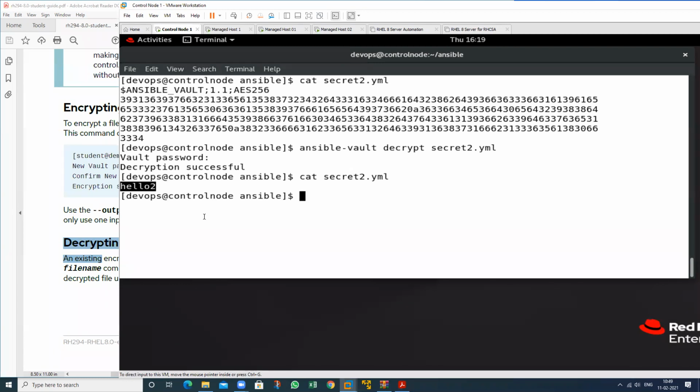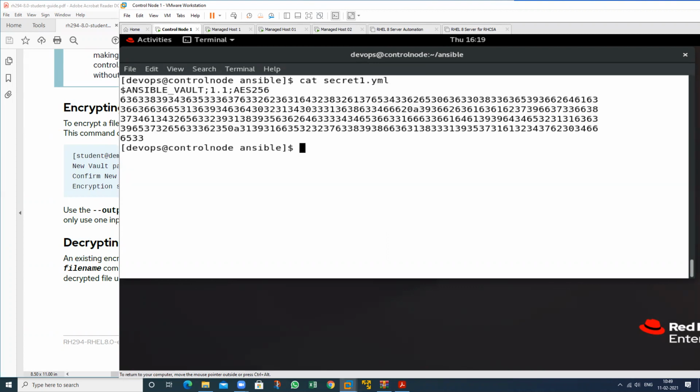But suppose I want to decrypt this file, but not this file itself. I want to place my content in another file. I want this file to remain the same. See this one, we have this file. This file is encrypted. I want this file to remain encrypted, but I want the content of this particular file in another file.